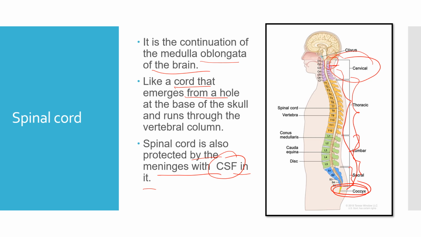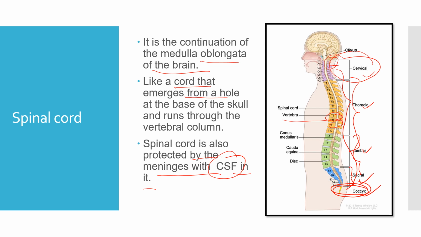So this spinal cord, these are the vertebrae. Each and every vertebra is located one above the another. So all this spinal cord structure also, you just know it, how it is originating from a hole at the base of the skull, and the medulla oblongata is continuing down from the brain. Spinal cord is protected by CSF. These all are important points, but these are not in your curriculum, you just know it for your knowledge. Cervical, thoracic, lumbar, sacral and coccyx region. Okay, and now we will move on to the next part.